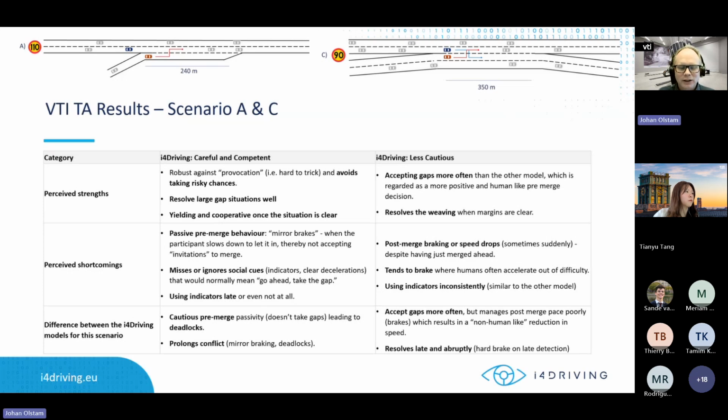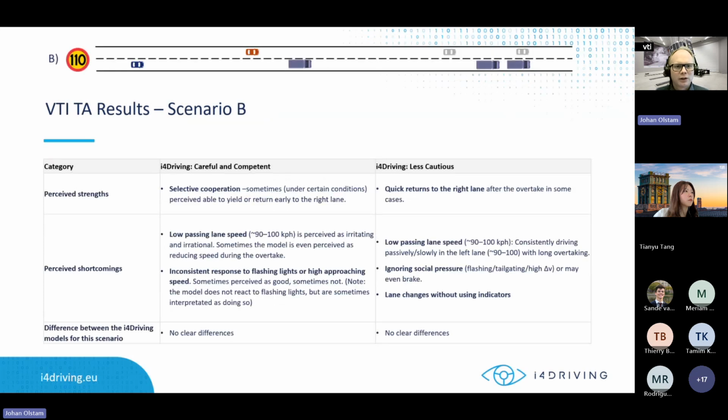So some things are similar, as you heard, and some things are new or different. If we look into scenario B with a truck platoon, as we said, the scenario is slightly different. We had several trucks here and possibilities to merge in between, and we also put the agent already in the left lane. In order to get this scenario working, the agent was placed at a slightly lower speed, and that was experienced as a perceived shortcoming, that they thought that the vehicle was driving too slow. So that's more of an experimental design issue than it's actually a